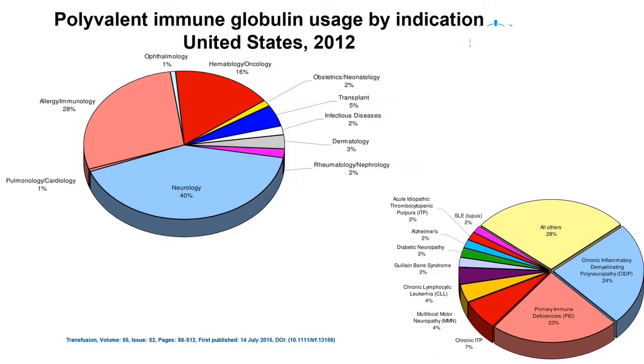Importantly to note is what is immunoglobulin used for? It is, of course, used, as I have indicated, in the similar way that factor VIII is used in hemophilia, to treat a deficiency of the protein. Immunoglobulin is also used to treat a congenital deficiency of immunoglobulin G in the form of primary immune deficiencies, which